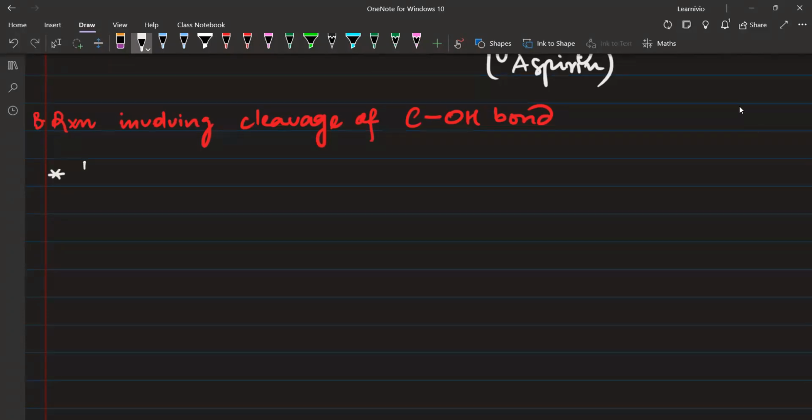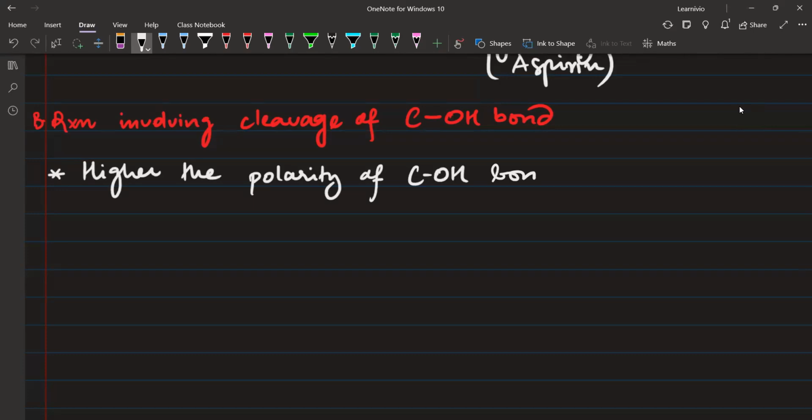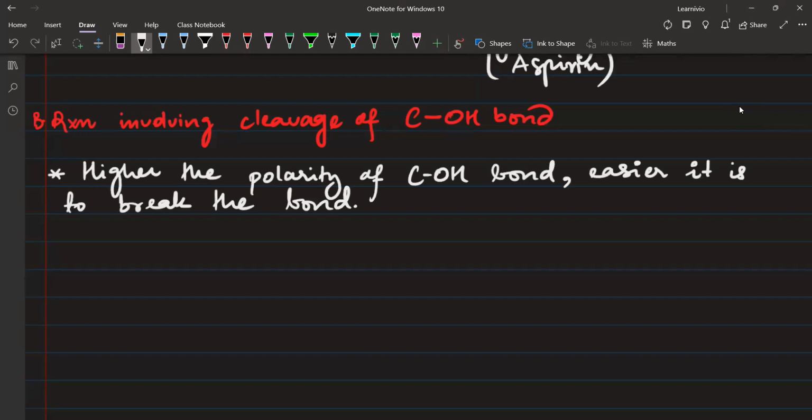Higher the polarity of C-OH bond, easier it is to break the bond. Easier it is to break the bond. When the carbon oxygen bond will break,